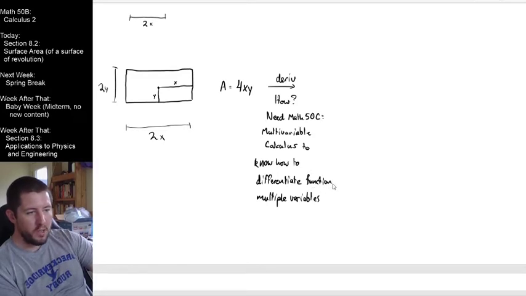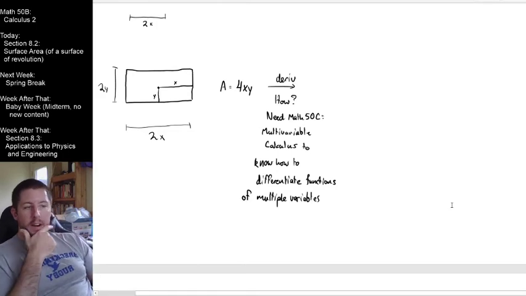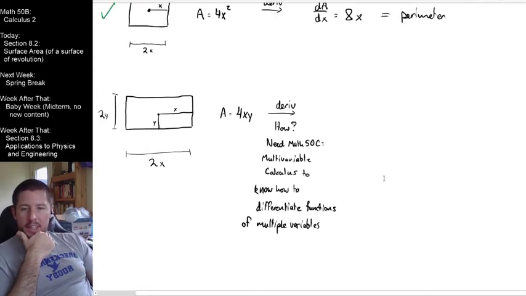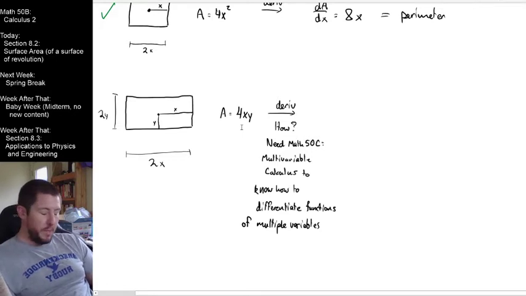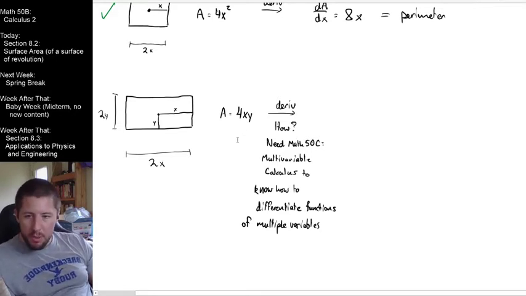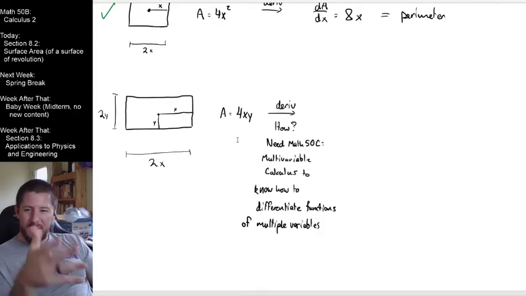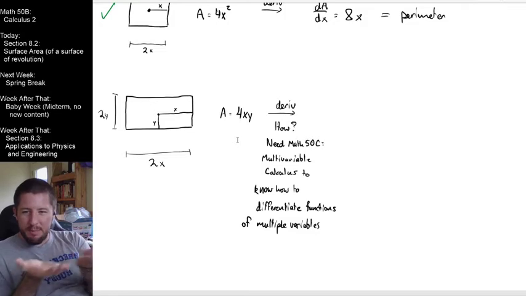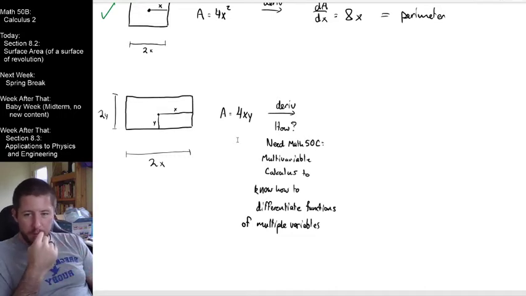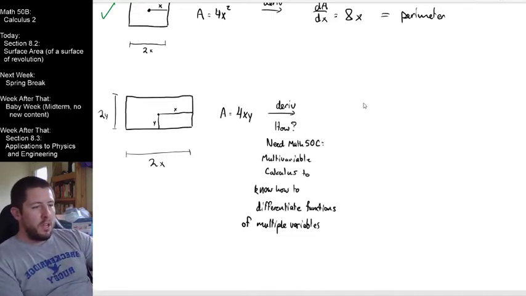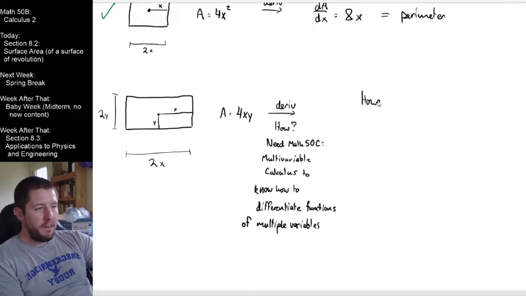Sorry, I'm writing crazy words not in order right now. The point here is that you don't know how to take the derivative of this function, because what does it mean? The derivative with respect to x, the derivative with respect to y? Why would we pick one of those or the other, right? That doesn't really make sense. There are two variables that are sort of equally important to us here, x and y. I can't really define one in terms of the other here. I have no defined relationship between x and y. So, however the derivative works,